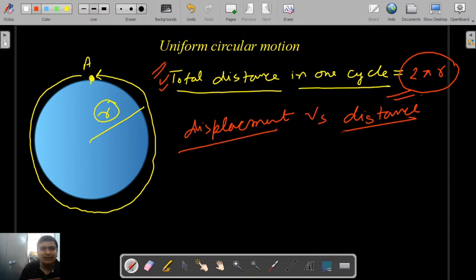So distance is the maximum path covered by the object, so that is 2 pi r. But if we are talking about the displacement, here if the point is starting from A and again comes back to point A, so initial and final position are the same. So in a circular track, in a complete cycle,